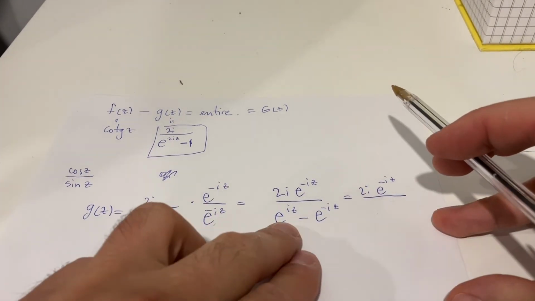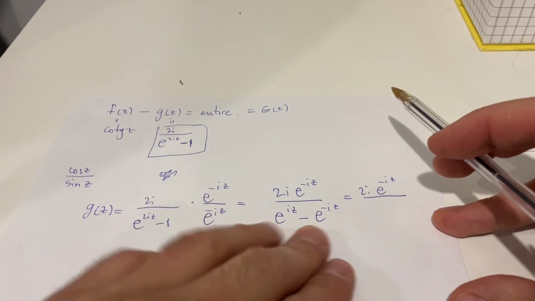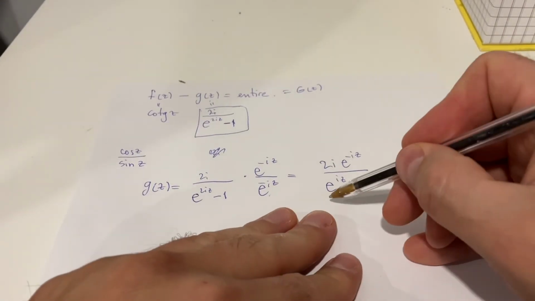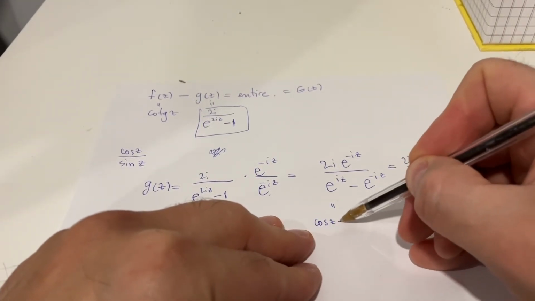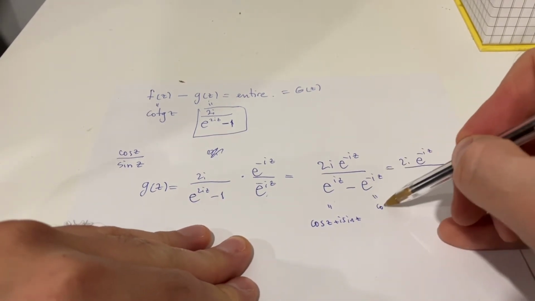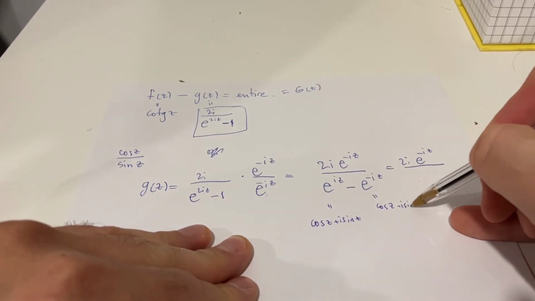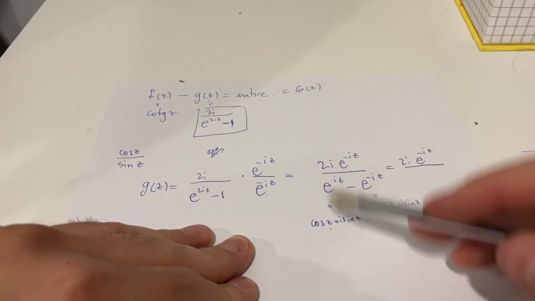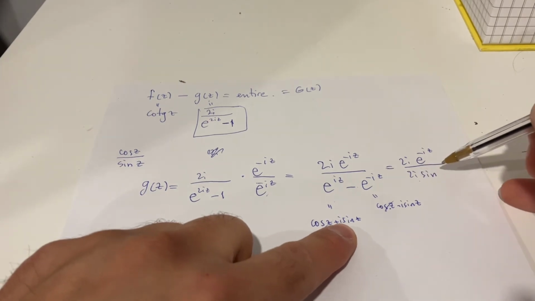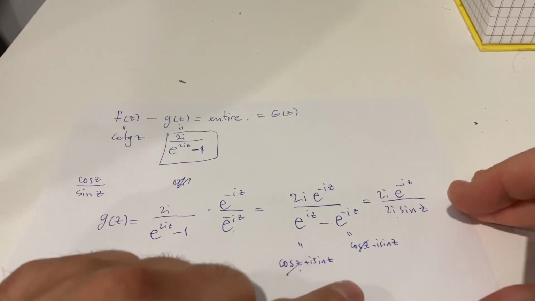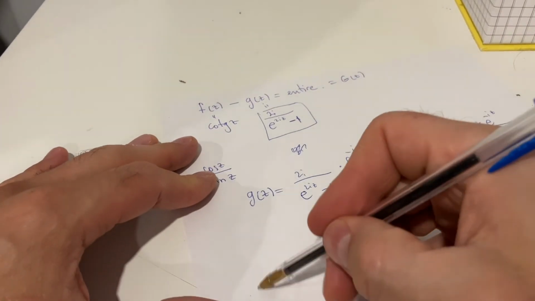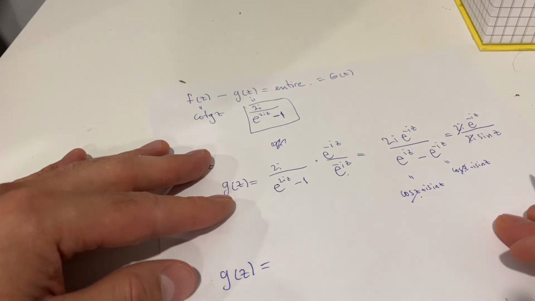Because exponential of iz is cosine of z plus i sine of z, and exponential of negative iz is cosine of z minus i sine of z, the cosines cancel out, and then you get 2i sine of z. So now you cancel the 2i, and then you get that G is equal to